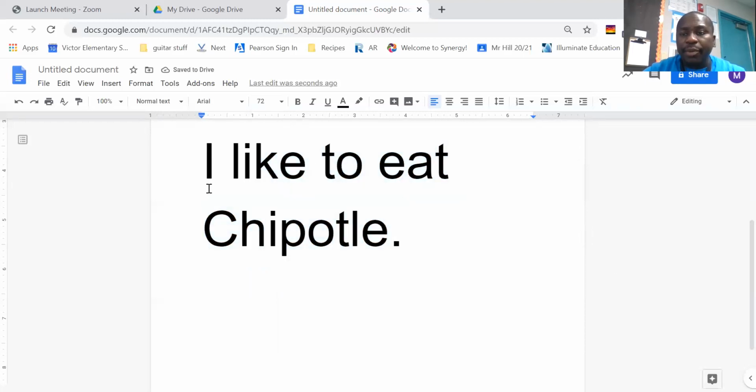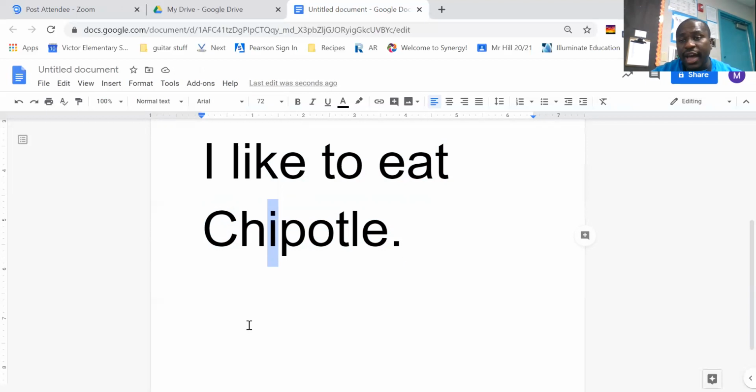This I is capitalized. One, it's at the beginning of the sentence, and two, it's the word I. Whenever you see I by itself, you capitalize it. Here we have I in like, and also I in Chipotle. But we do not capitalize these because they're in the middle of a word, okay? Even if you had it in the beginning of a word, if it's a part of a word, you do